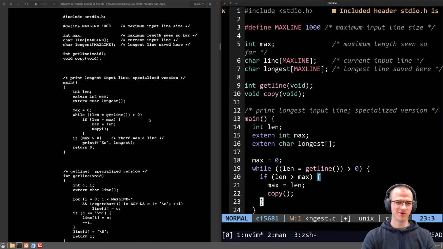Wow, this is so cursed. If max is greater than 0, there was a line,